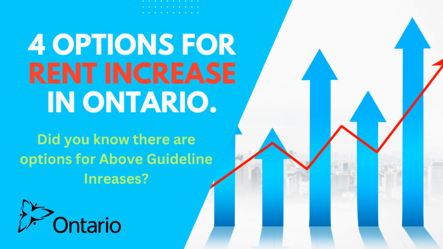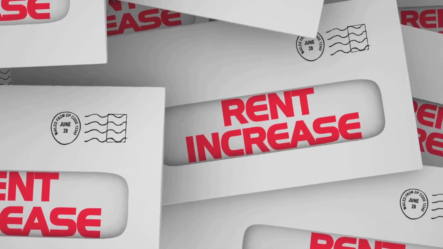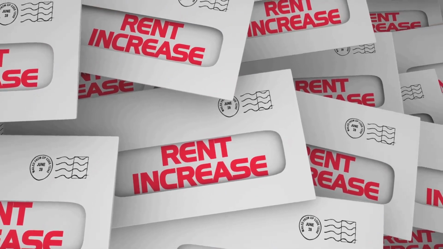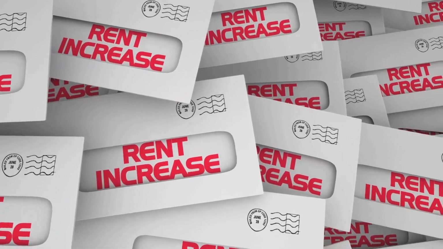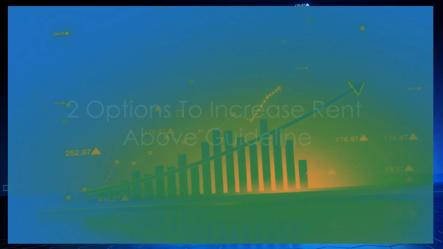Landlords in Ontario operate under a two-tiered system, those that are under rent control and those that are rent control exempt. In each case, the landlord can increase the rent annually with a minimum of 90 days' notice. The landlord also has two additional options for rent increases under special rules which are most applicable to those with